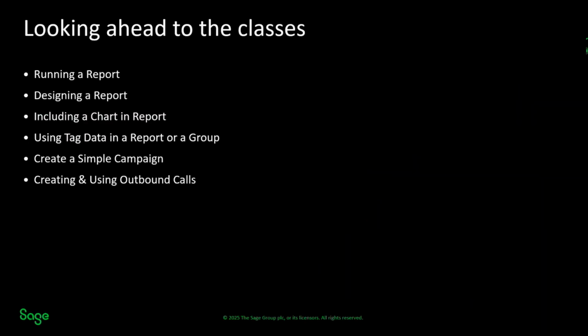Now, reporting inside Sage CRM is something that we'll see underlies so much of the behavior that CRM offers to our business from our operational control element. We're going to look at how a user experiences running a report. Then we'll be going on in our next lesson to actually designing a report, including the different types of reports